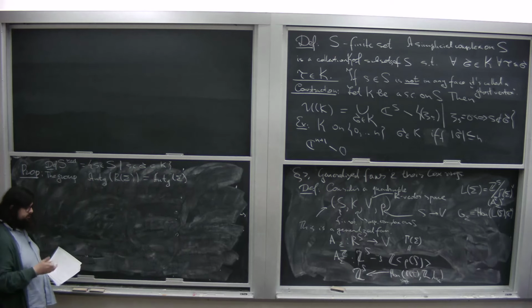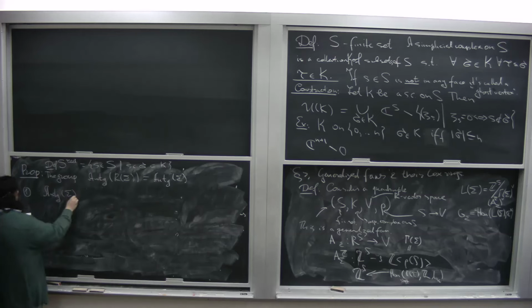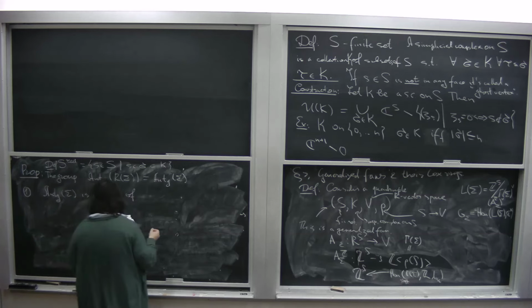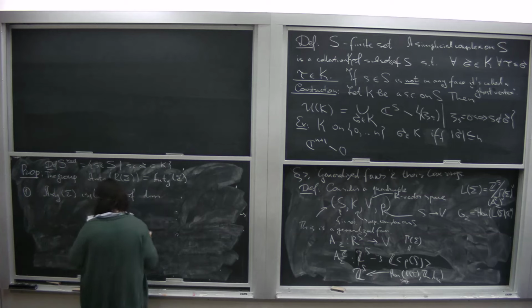Moreover, later I'll say something about describing the roots of this group. The first statement is that G sigma is a linear algebraic group of dimension